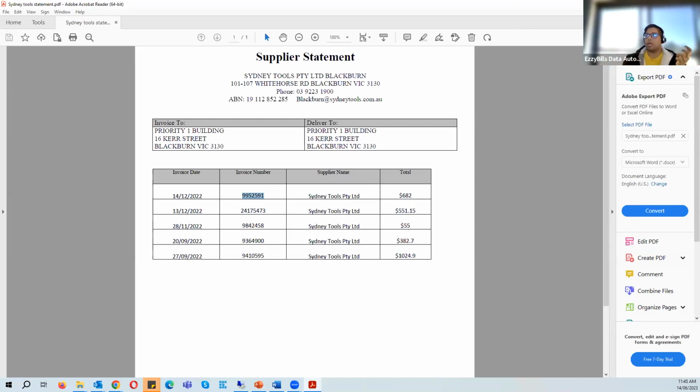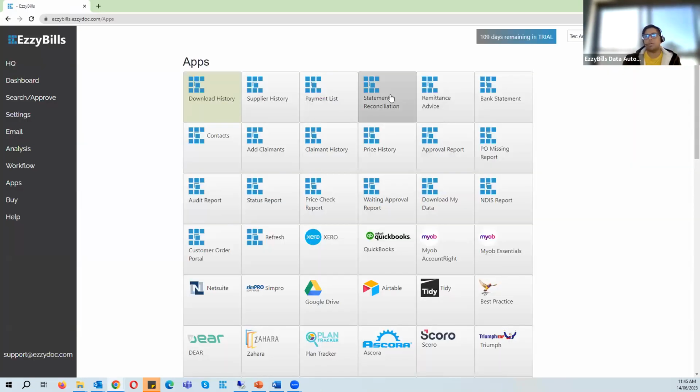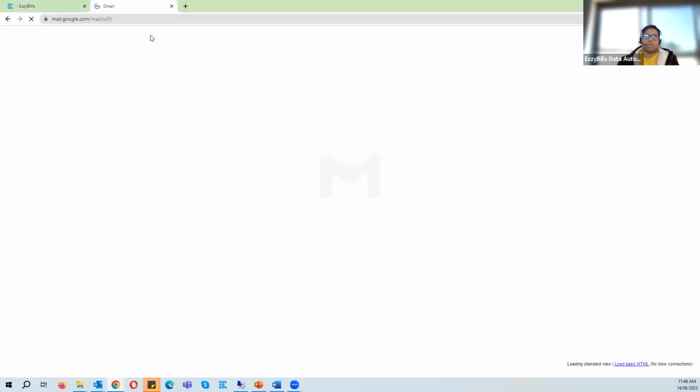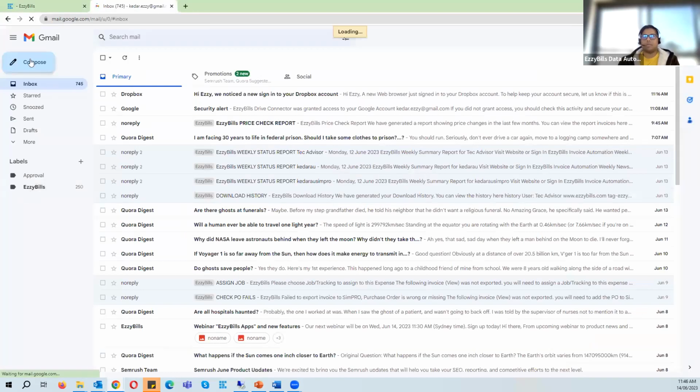So let's go ahead and process this supplier statement. So how will we do it? I'm going to go into statement reconciliation here. You can see how to. It just says send an email to a special email address which contains .app.sr, right? What I'm going to do is copy this email address. Then I'm going to send it on email,